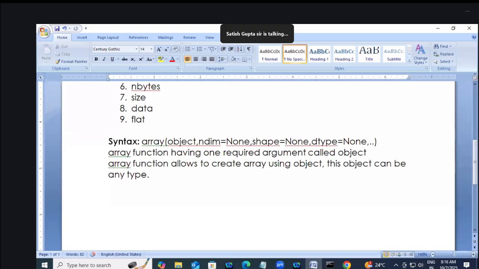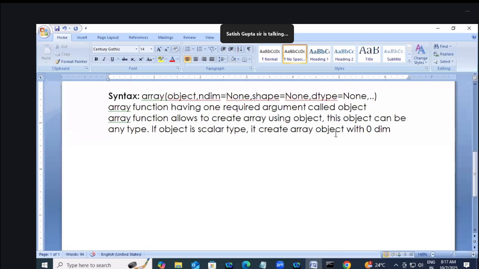If the object is a scalar type, it creates an array object with zero dimension. If the object is an iterable type or collection type,